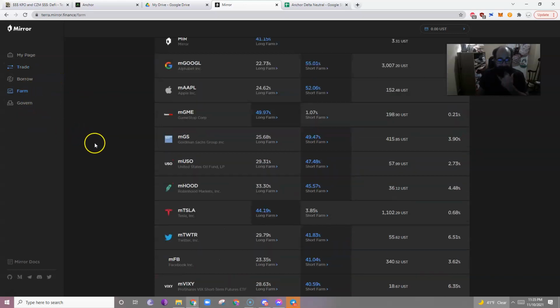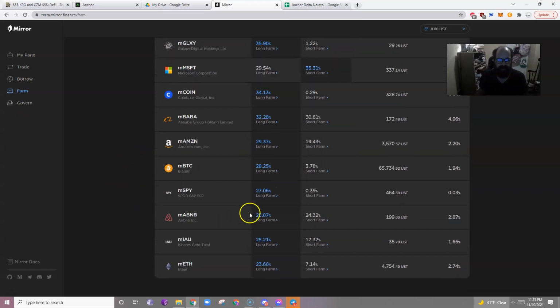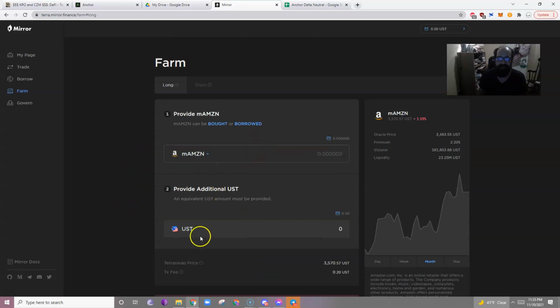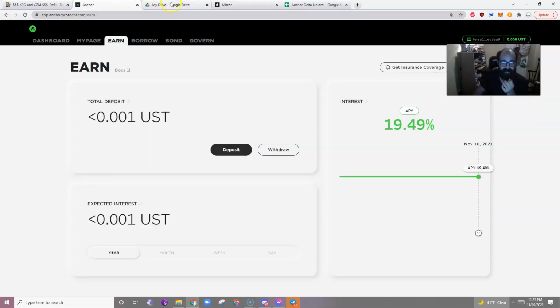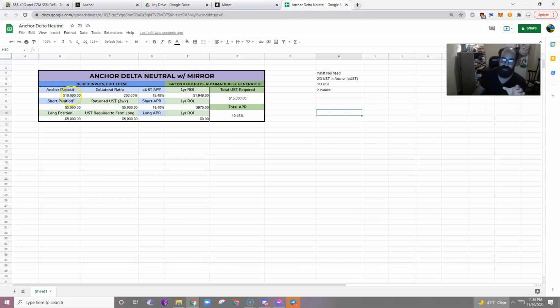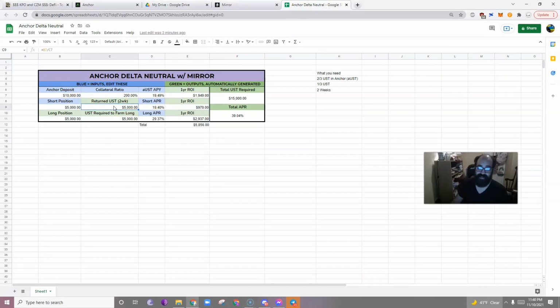Then you have to go to farm, and you go to long Amazon farm. Now what you'll notice is that, like any liquidity pool, you need 50% of some other asset. And that other asset is UST. Now, why did I not say you need $10,000? Because if you remember, when we did the shorting, after 2 weeks, they returned to us $5,000. And you can use that $5,000 for the long farming. That way, you can use $15,000 to get a full 40% APR instead of using $20,000 to get that 39